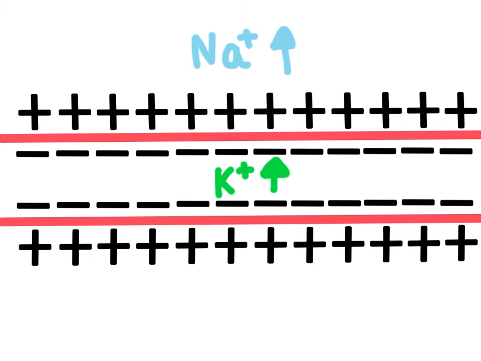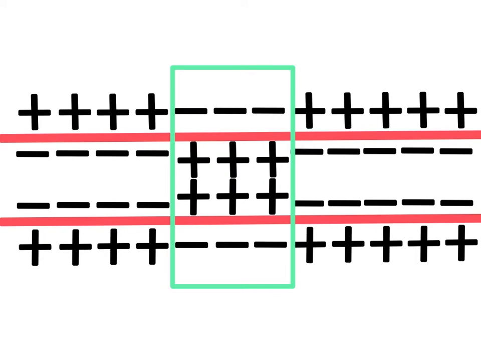So this is another way of representing the graph that we just went through. At resting potential, there is more potassium inside the membrane and more sodium outside of the membrane. So here is where an action potential is taking place. That is because there are more positive ions on the inside of the membrane and more negative ions on the outside of the membrane. This means that sodium has rushed into the cell, therefore making the inside of the membrane more positive. This is demonstrating that depolarization occurs, therefore an action potential is now taking place in this section of